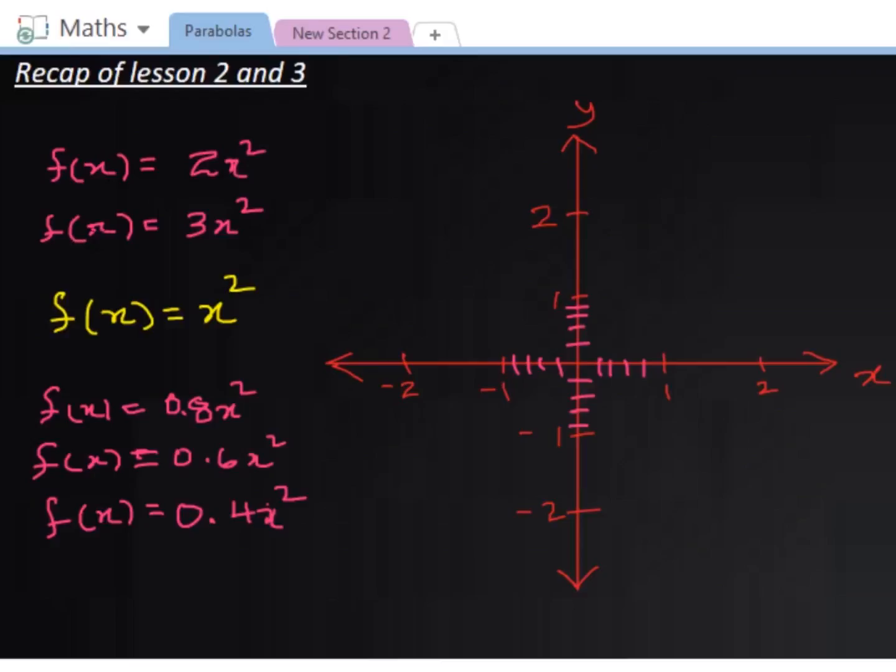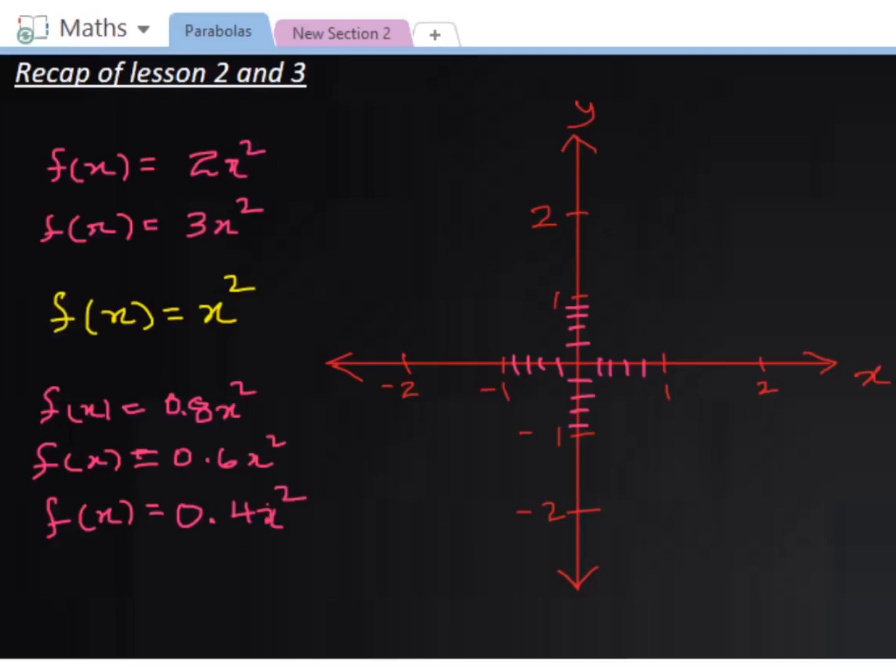The second one being f of x equals 3x squared, all with a values greater than 1. We compare the first two with the base function f of x equals x squared. After the comparison of these two graphs with the base function f of x equals x squared, we do